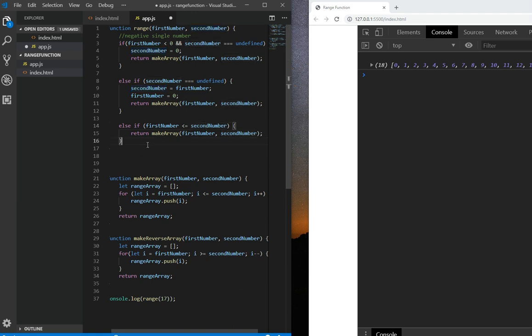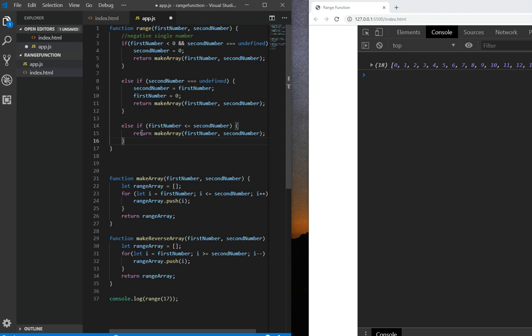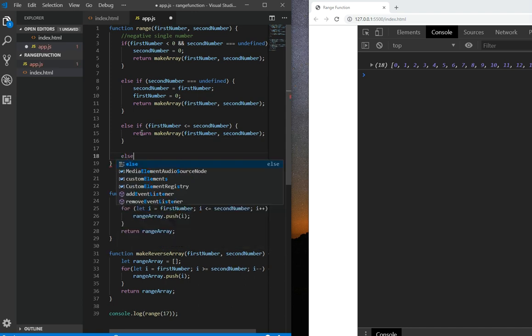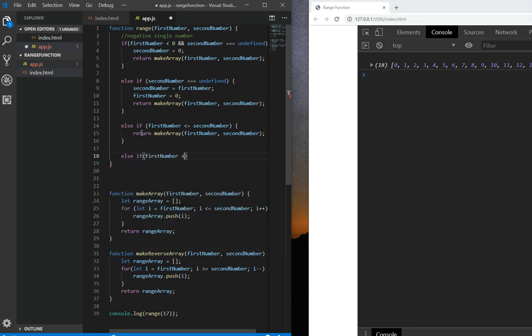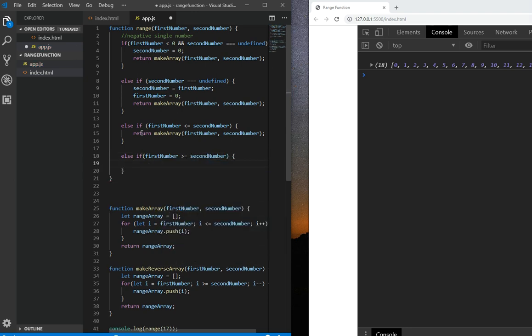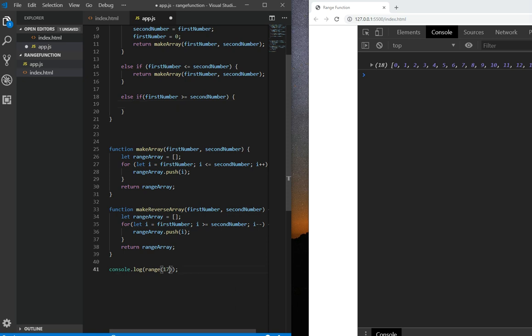Now last one, and I'm just going to call this else if because I want to put a condition there. You could call it else and figure out how to do that if you'd like. I'm going to say else if first number is greater than or equal to the second number. Before we do that, let's make sure that this other one works. So 10 comma 17, let's make sure that the one above it works. Great, 10 11 12 the whole way to 17. Now this one, if we had 17 and 10, then we want it to count backwards: 17 16 15 14